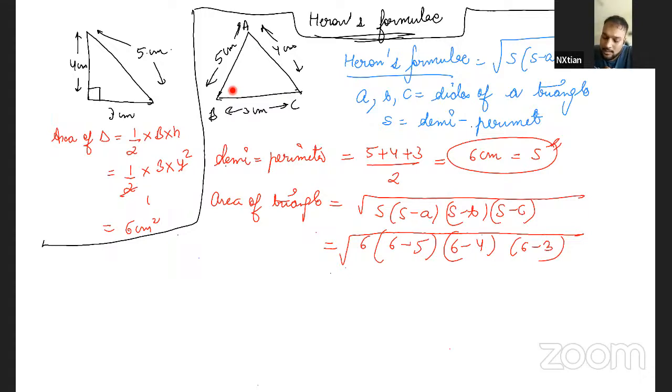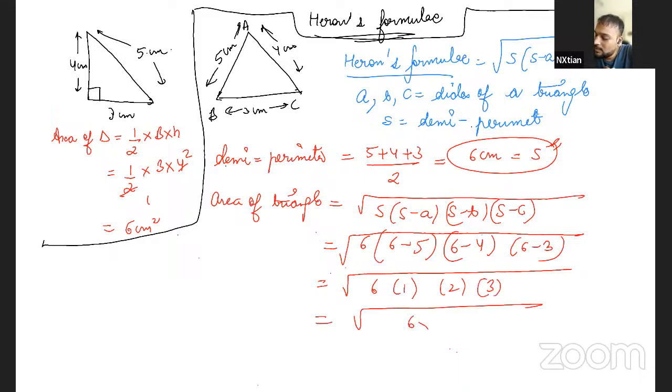Okay, understood, guys? So now if I solve it, it will become 6 into 1 into 2 into 3. So it will become 6 into 6, and because a root pair is there, I will take out one number from this pair, so it becomes 6. So the area of the triangle is